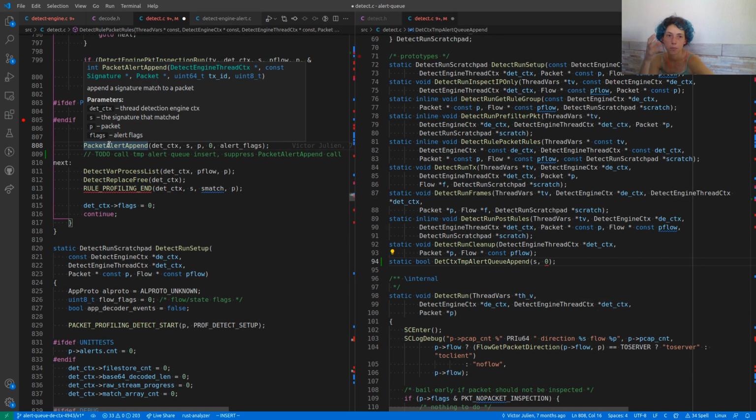What is boggling my mind right now is I do not know / recall if the detect engine thread context is for one packet and one packet only, or if we could be handling multiple different packets, because if we do, then we would have to somehow save which packet is it that we are using.